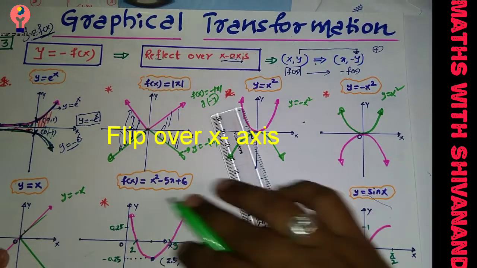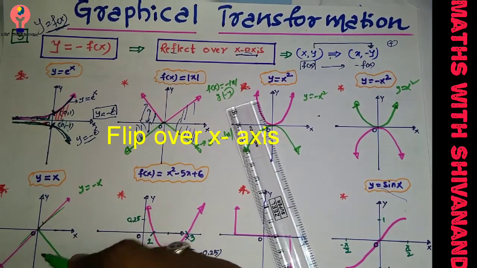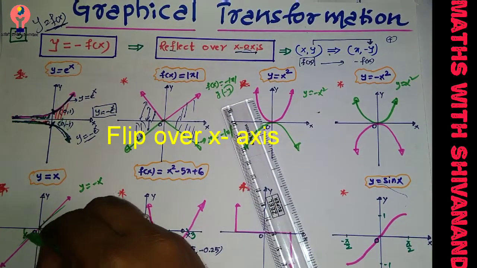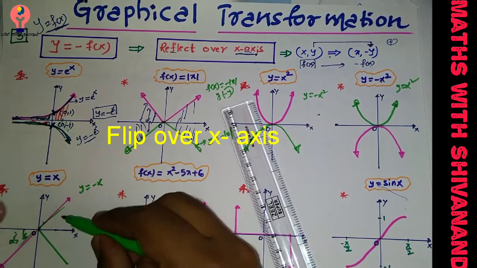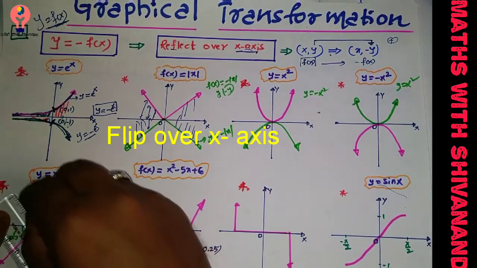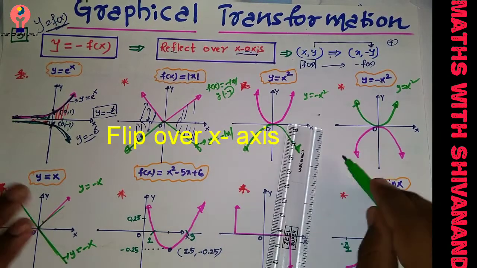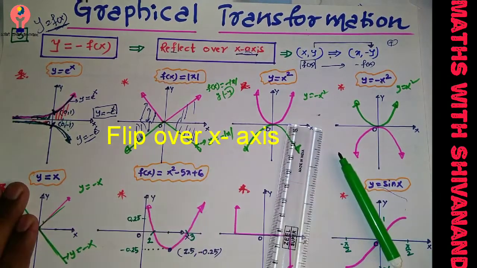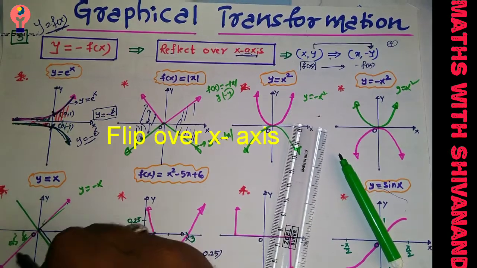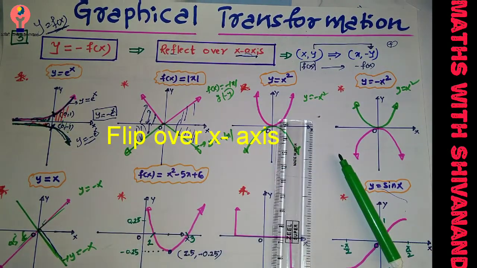And this line will reflect above the x-axis with the same inclination. If the inclination is 45 degrees here, the same amount of inclination has to be there. So definitely it has to be like this, and this curve is y is equal to minus x. Remember students, this line will get down, and this part will rise above the x-axis. This is y is equal to minus x.